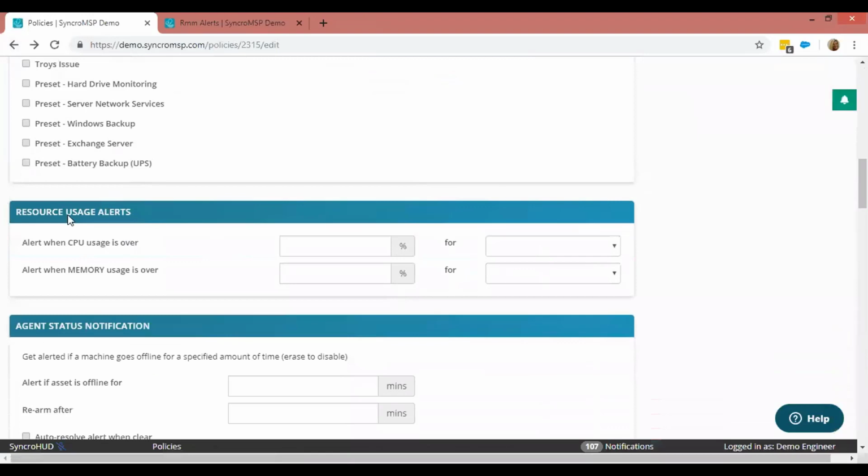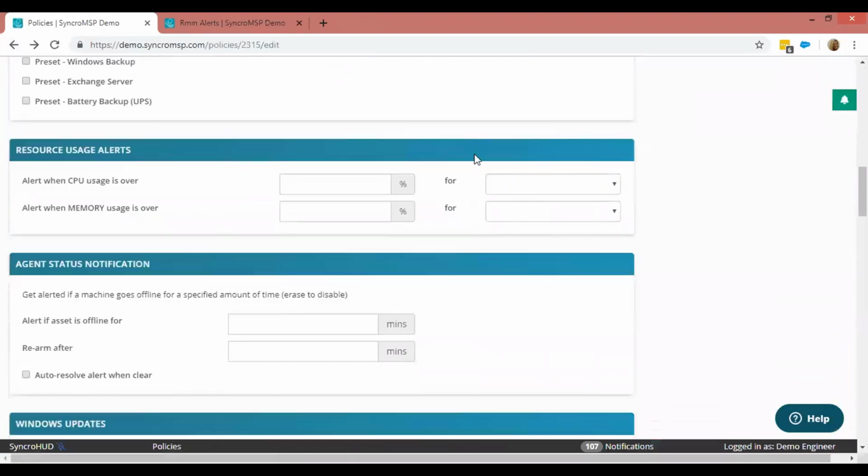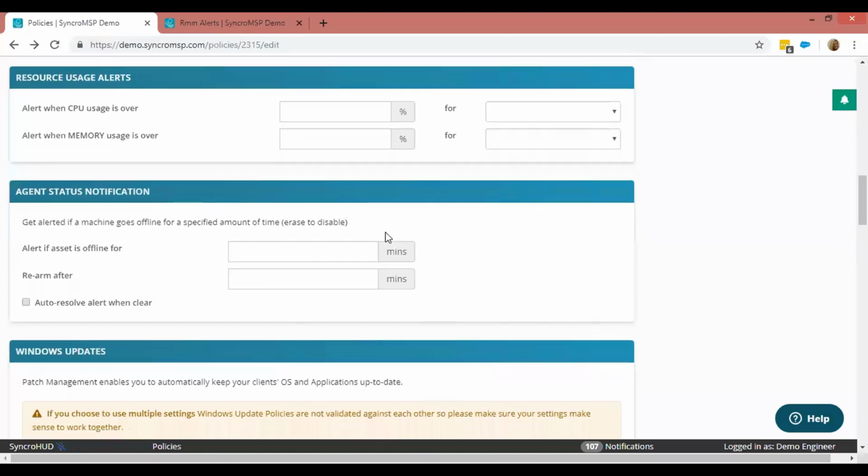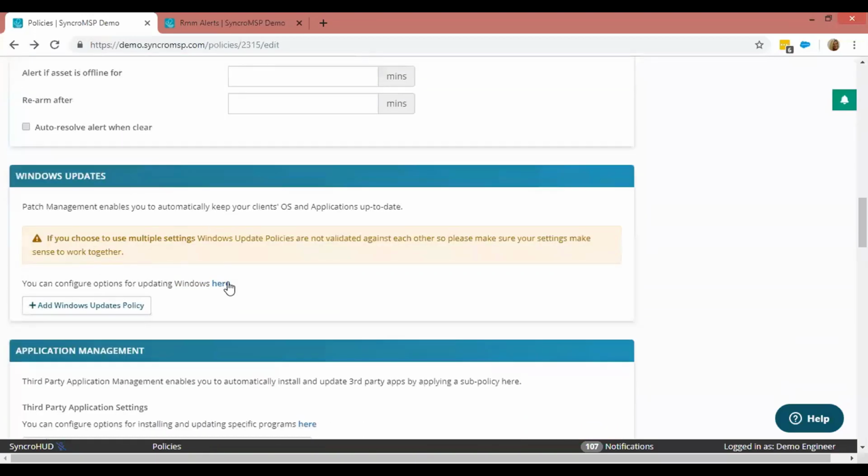You've got CPU and memory usage alerts here that you can set. If you had a policy, this may be a little bit more specific to a policy applied to a server, if you want to be notified if that server goes offline here. And then here's Windows updates. So if we click